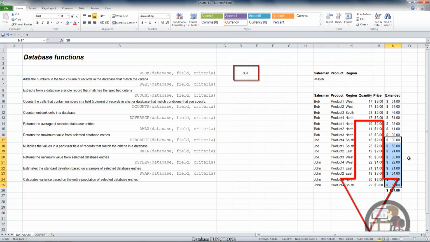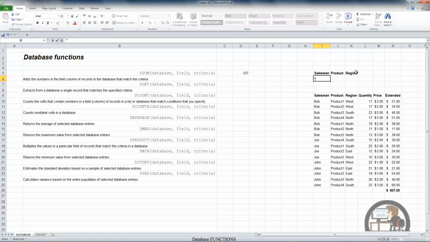We can also use wildcards. So if I have an asterisk, which should give me everything, I'm back to $607. So the wildcard works sort of as an open-ended invitation for all the records to be aggregated. We can put product 1,